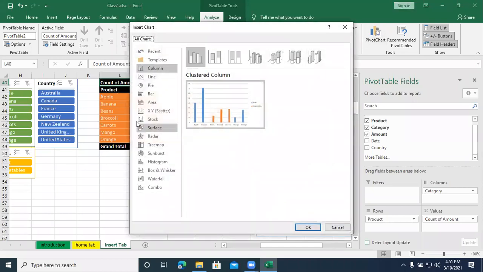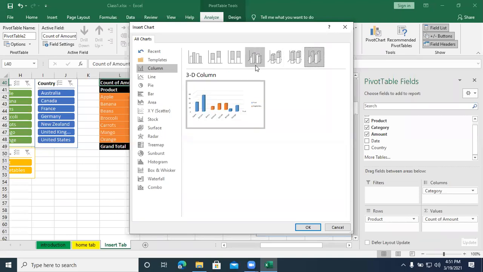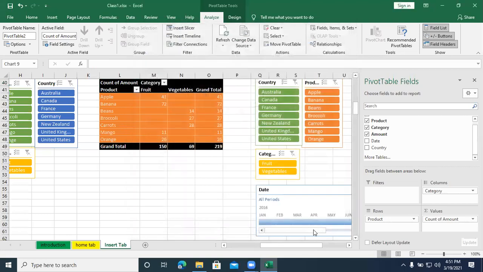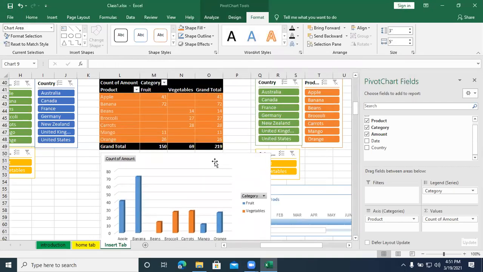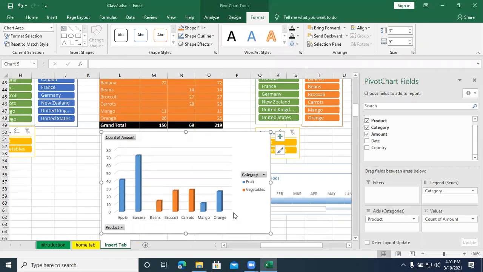For the pivot chart, I will select the style of the chart which I require. And I just click OK. You can see that the blue colors are the fruits and the orange colors are vegetables.